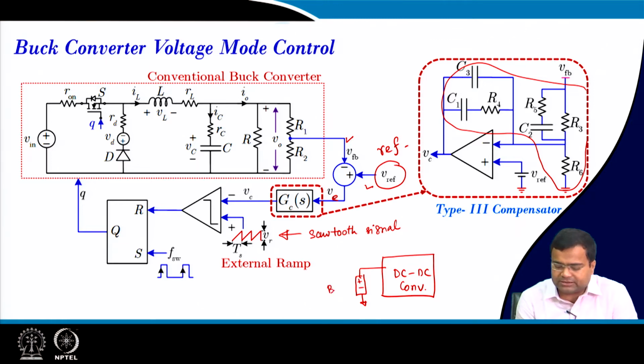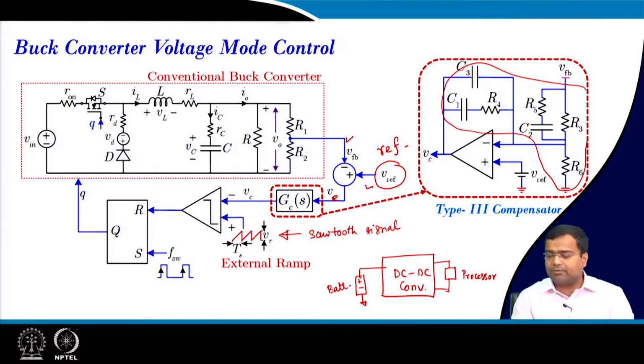So the input is just a battery, and the output, let us say, is driving a small processor. The processor voltage VDD may have to be adjusted based on the task requirement. That is one scenario. This can also be an envelope tracking power amplifier,